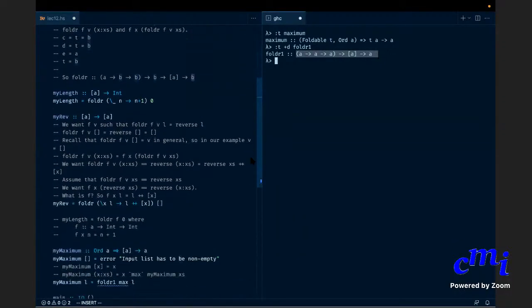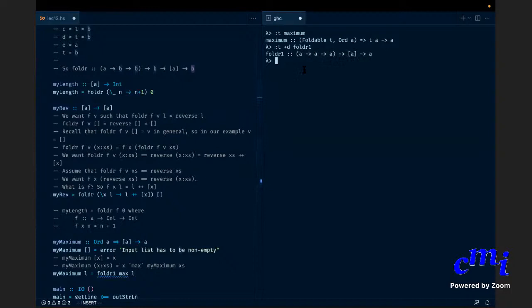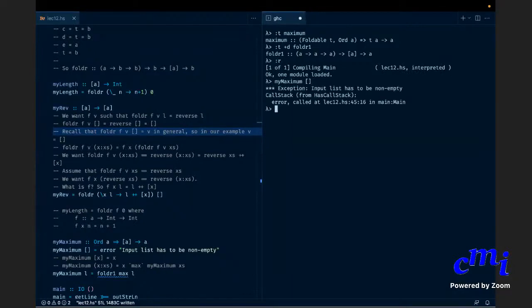Actually, if you say folder one maximum, let us say, which is the built-in function, let me first go and compile this, load this. That's fine. My maximum of, I don't know, the empty list. It will give an error here. What will the inbuilt thing do? My maximum, maximum of, okay, so it says exception Prelude.maximum empty list. Since Haskell is at the system level, it knows how to suppress all this call stack kind of nonsense when it outputs the thing. It just says this. That is okay. But for non-empty lists, they work the same.